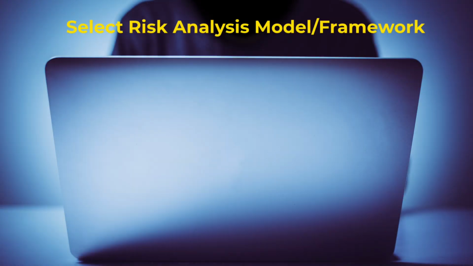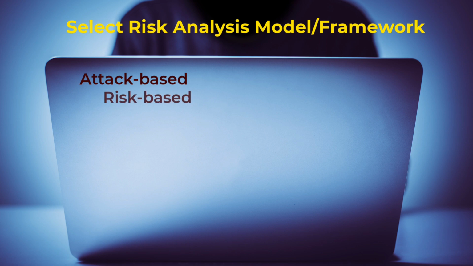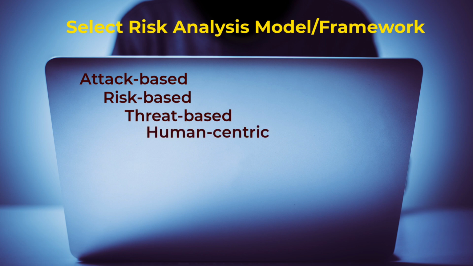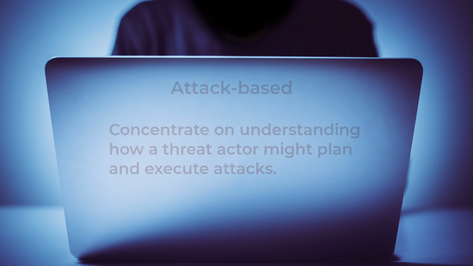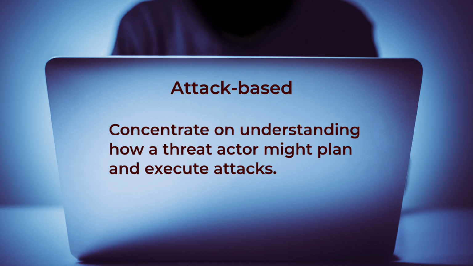Before beginning any analysis steps, an organization should first research and select either a single risk analysis model or a hybrid, elements from 2 or more models that best fit the organization. Models fall into 7 categories based on the approach taken: attack-based, risk and issue-based, threat-based, human-centric, privacy-based, multidimensional, control-centric. Attack-based risk analysis models concentrate on understanding how an adversary might plan and execute attacks against an organization's systems,